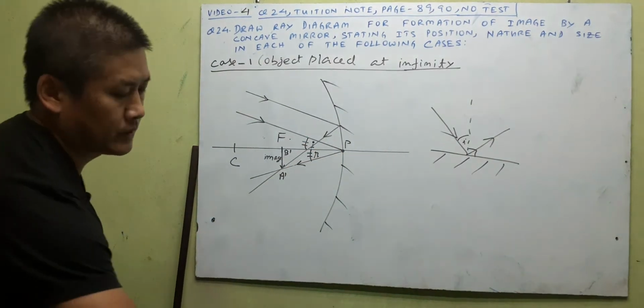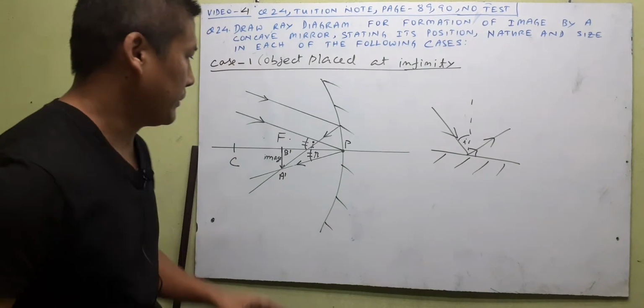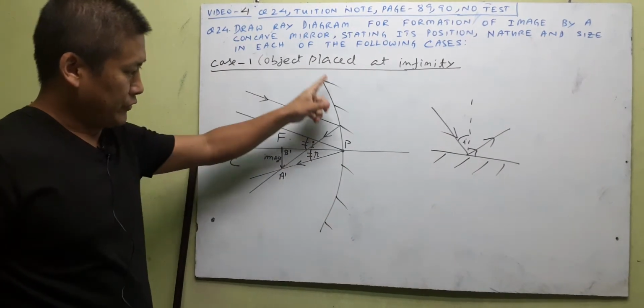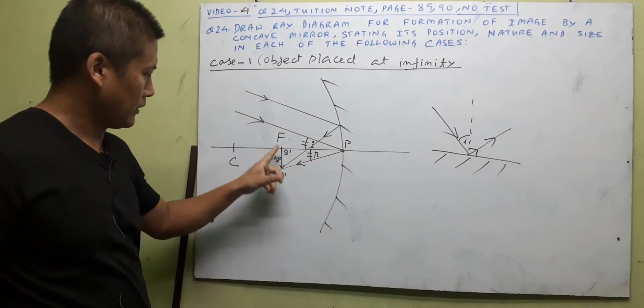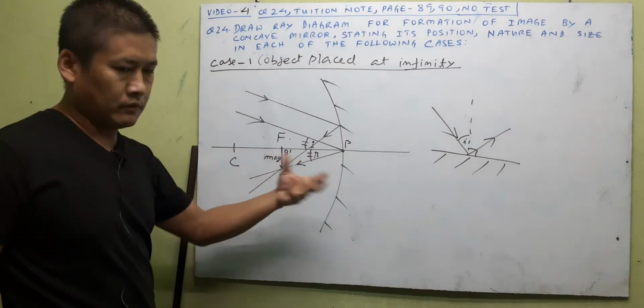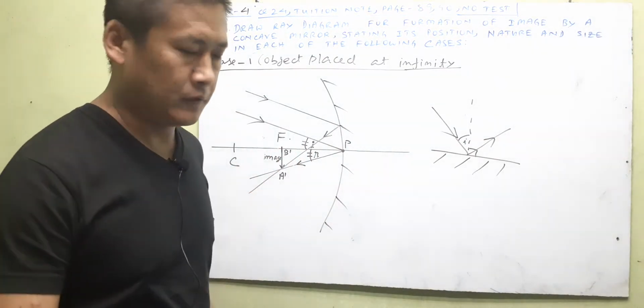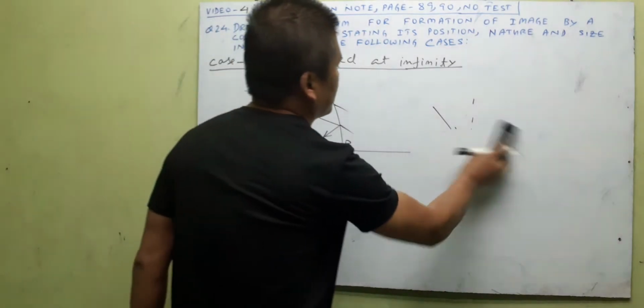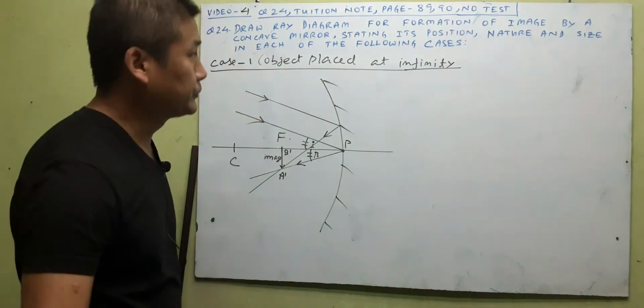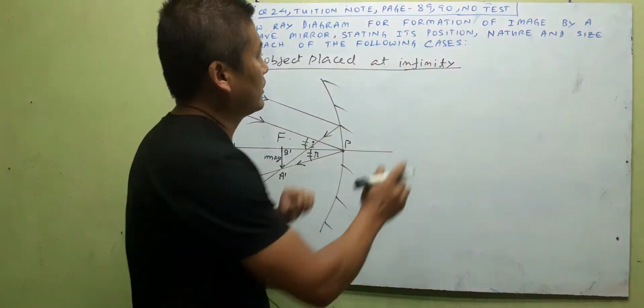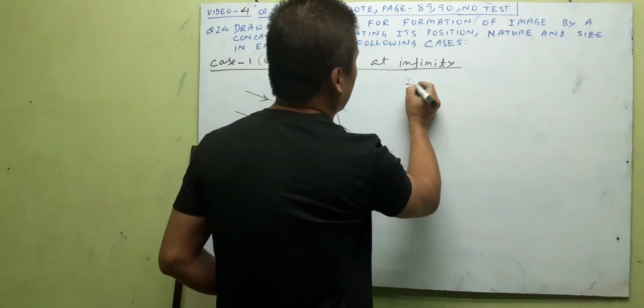Now before we proceed, let me remind us here that in your ray diagrams, if the pole P, F, and C are missing, your ray diagram will become meaningless, okay? So be careful with that. Okay, so here we have to write the things, so let us write down. Here we have to state the position, nature, and size. So write down image